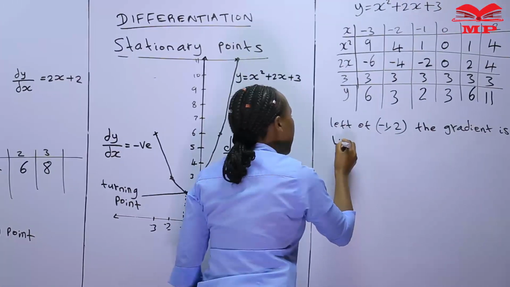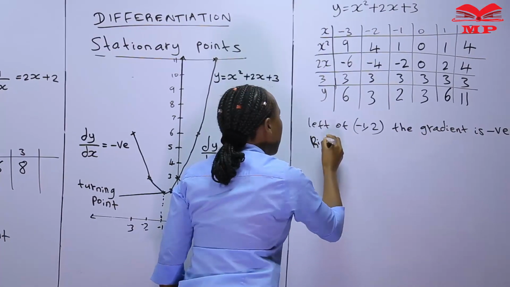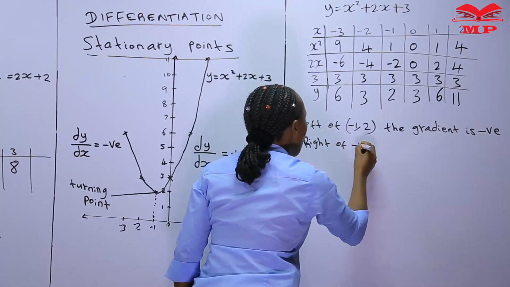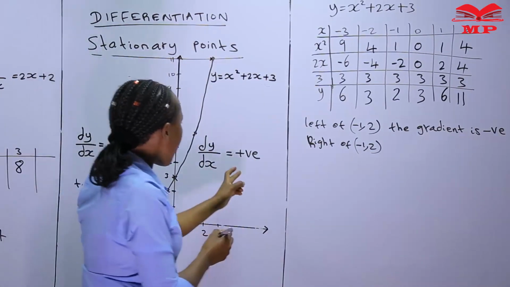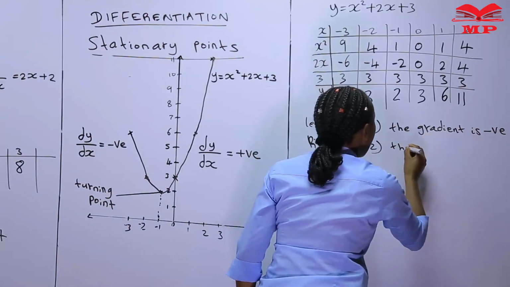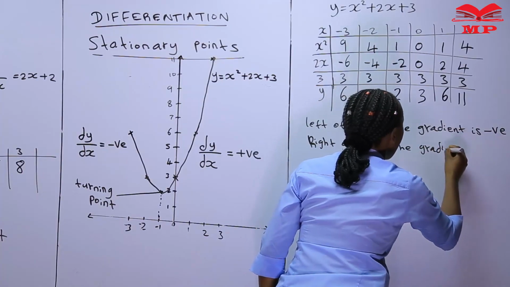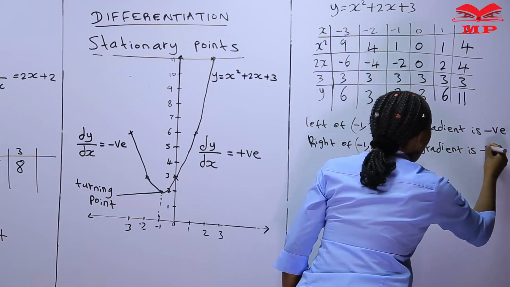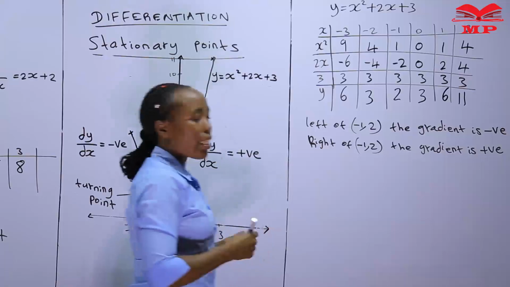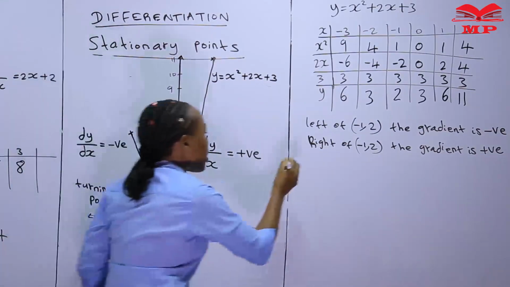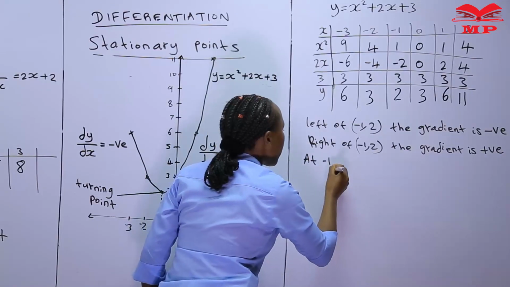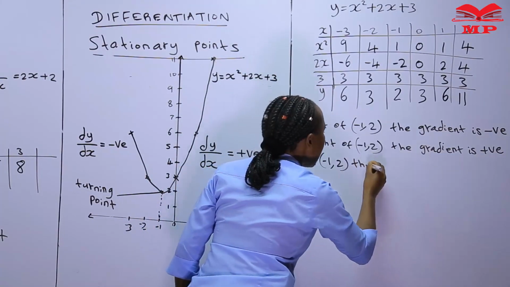Then on the right of this point, (-1, 2), the gradient is positive. Then at this point, (-1, 2),